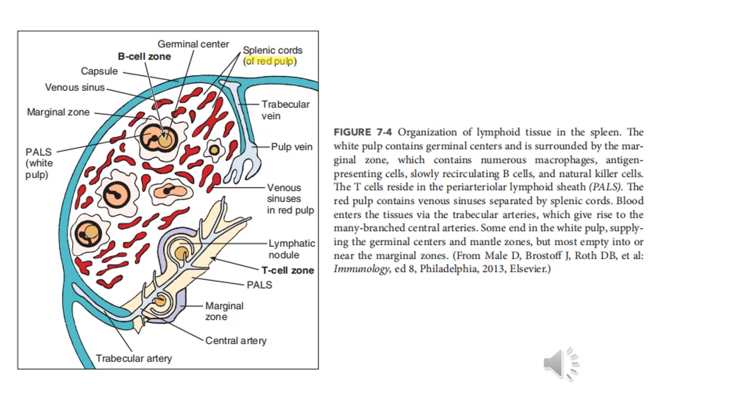B cells are organized into primary unstimulated or secondary stimulated follicles that have a germinal center. The germinal center contains memory cells, macrophages, and follicular dendritic cells. The red pulp is a storage site for blood cells and the site of turnover of aged platelets and erythrocytes. A hint for remembering this is, there is no T in follicle or germinal center, but there are Ts in paracortex and periarterial lymphoid sheath.